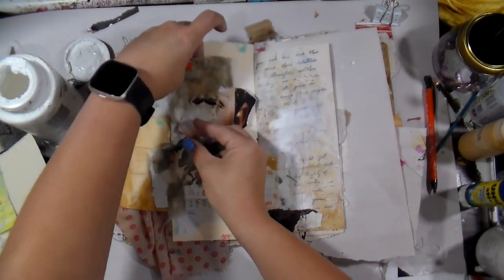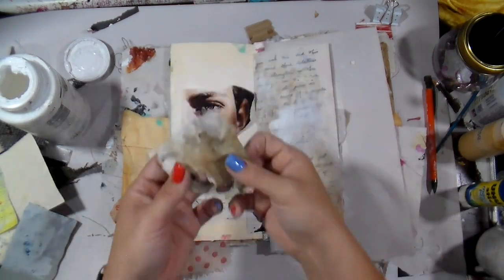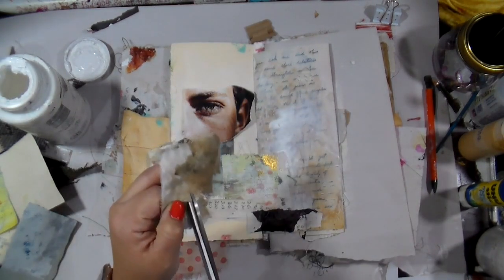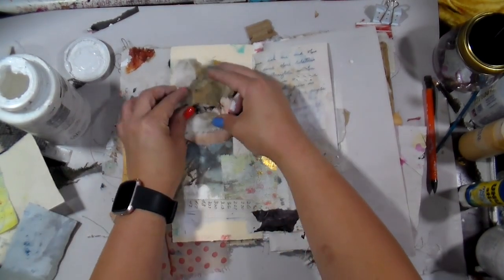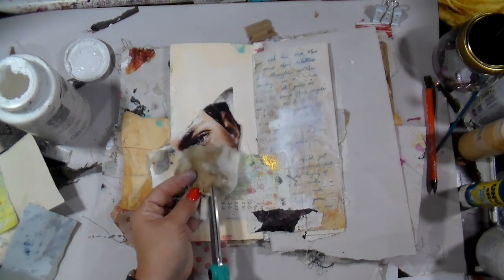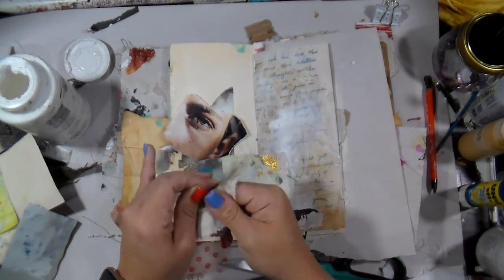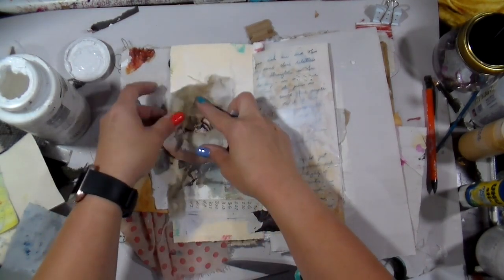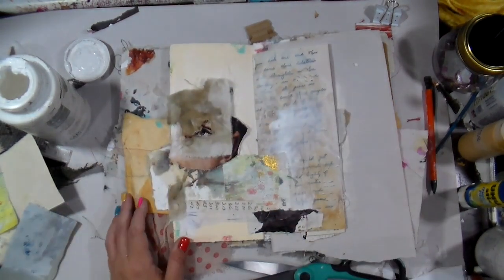If you're not familiar with my work, I do love to use eyes in my stuff, and I also like to capture things around them to bring the drama of whatever I need to express. And so when I started tearing this